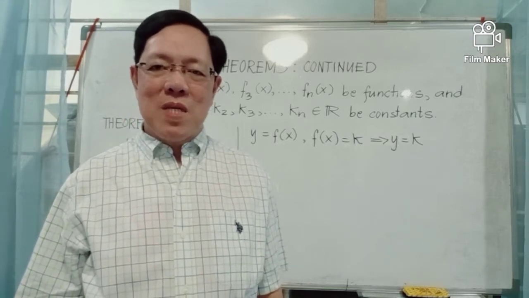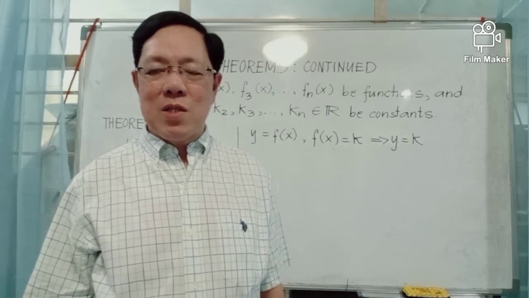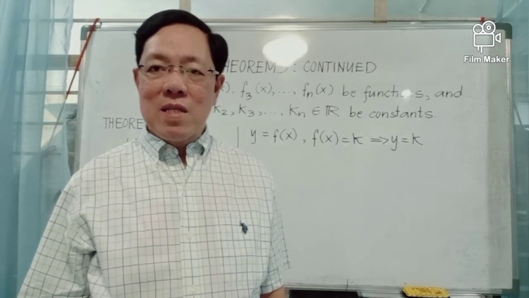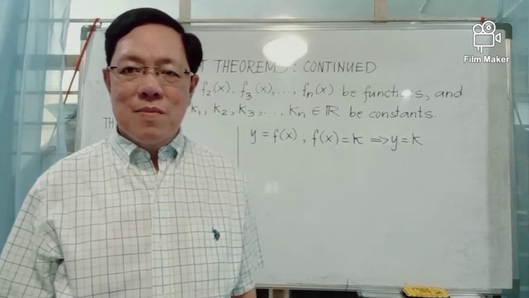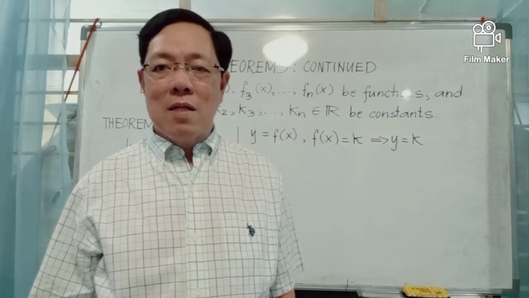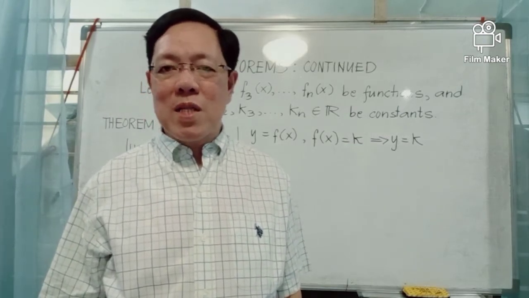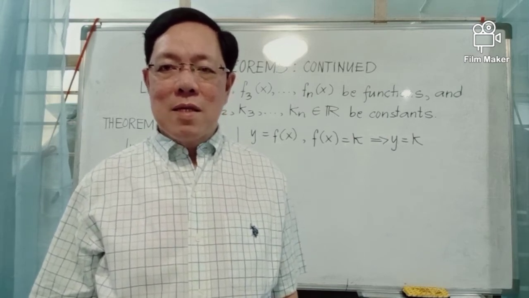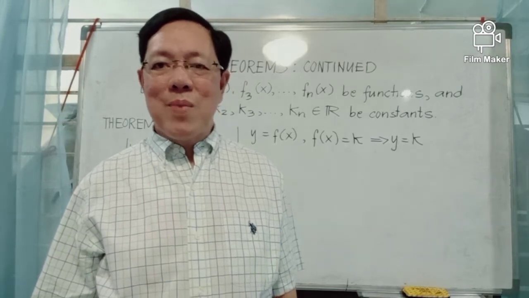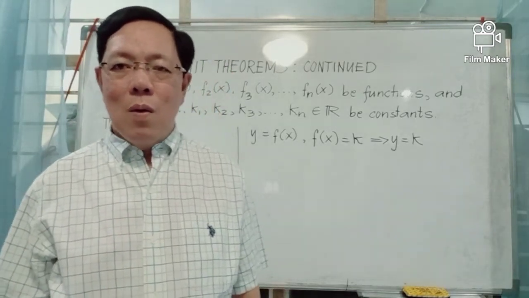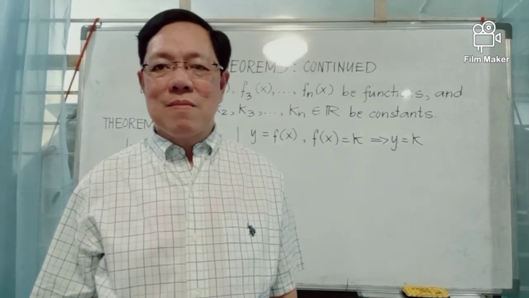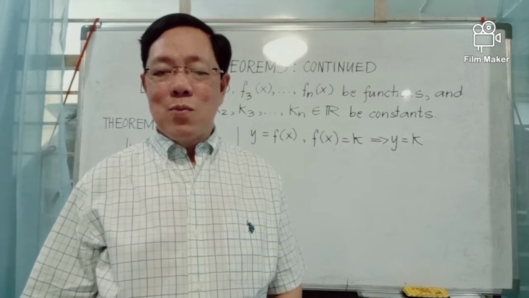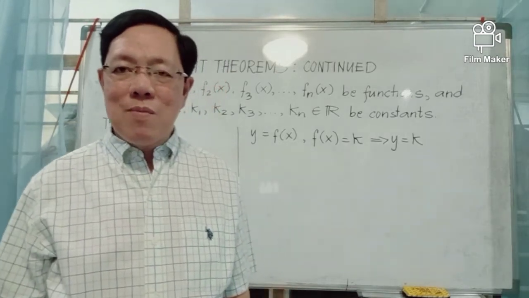In our last meeting, we took up the first limit theorem and we stated that the limit of a function exists if and only if the right-hand limit and the left-hand limit of the function are numerically equal. And this theorem, we said last time, is a biconditional statement or an if and only if statement. And for today, we will continue with the limit theorems that we will apply when evaluating the limits of